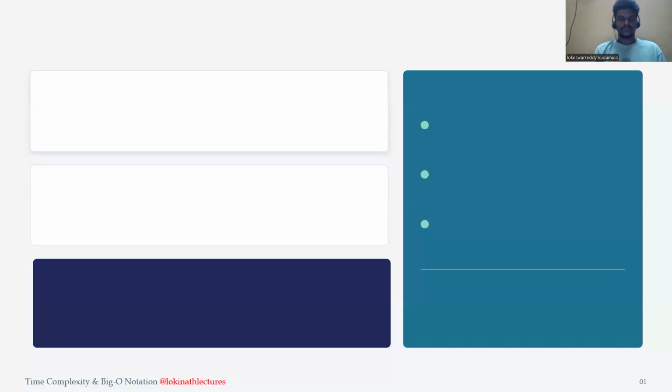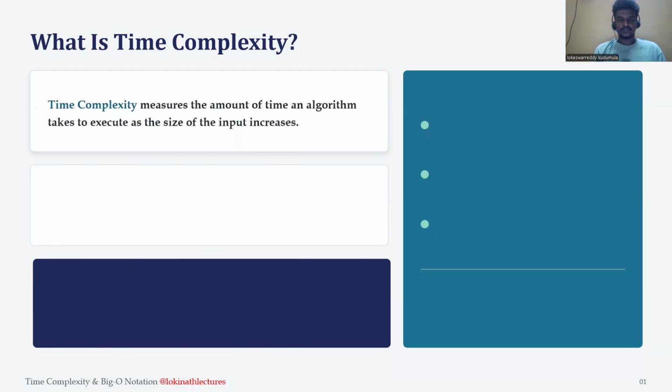So first, what is meant by time complexity? If we say it in a definition format, time complexity means the time an algorithm takes to execute